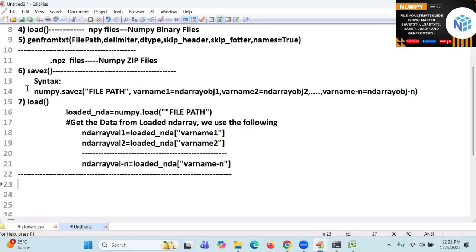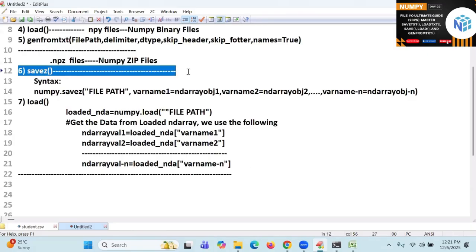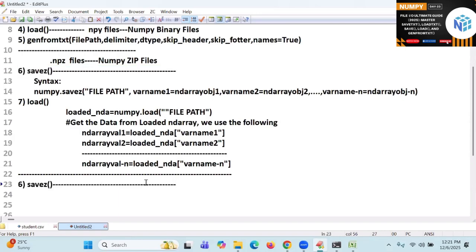There is one more function, added recently. What is the function name? np.savez_compressed. There also will be containing the same thing.